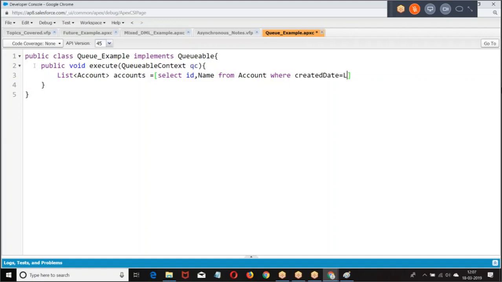This is the Queueable context. Now I wrote a queue which deletes all the records which are created last week.